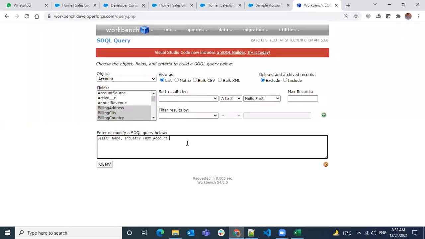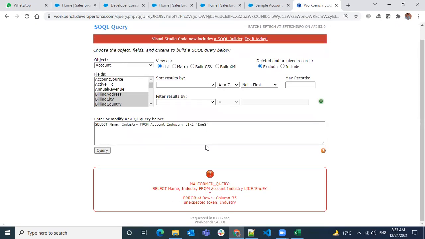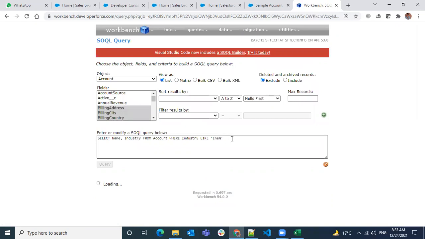So here, industry LIKE 'ENE%'. Let's say ENE and a percentage sign I want to give over here. Sorry, I have missed the WHERE condition. Where industry LIKE 'ENE%'.